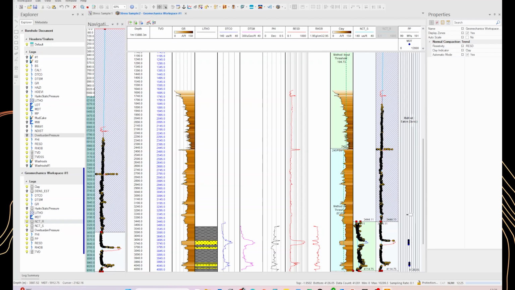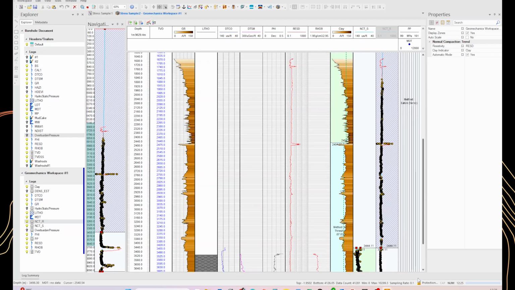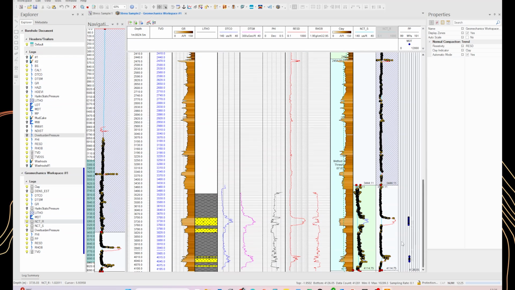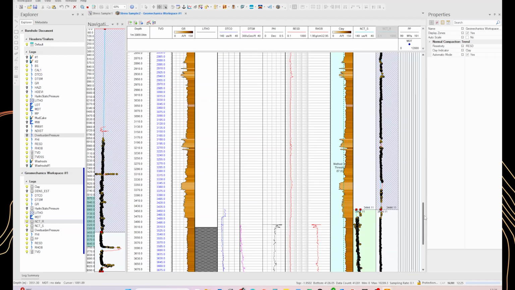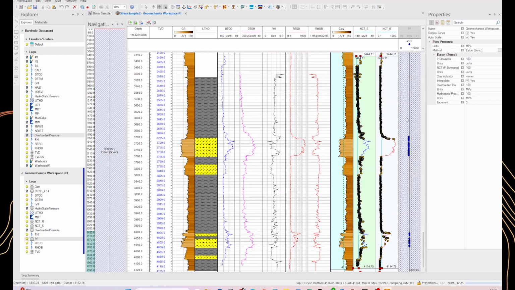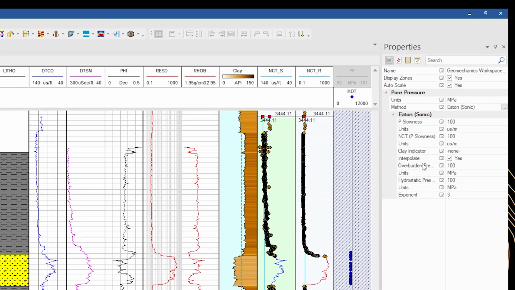So let us focus on the pore pressure curve and look at the lower section first, where we have some deterministic values that will give us further control on the output. We select this interval and we can assign the input that controls the Eaton equation using the sonic log.